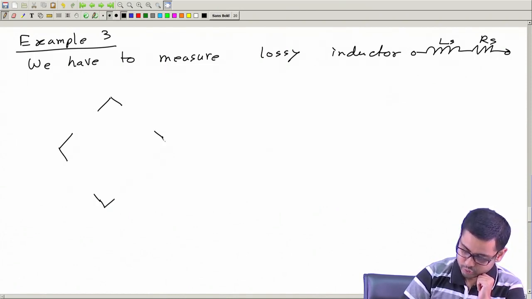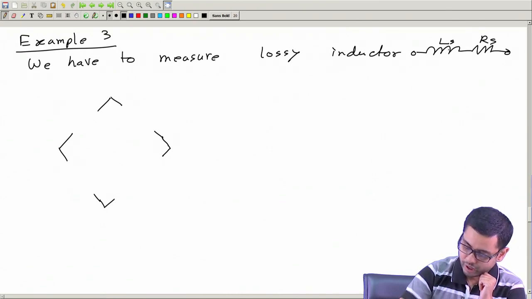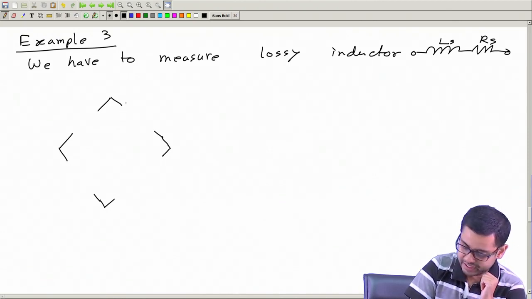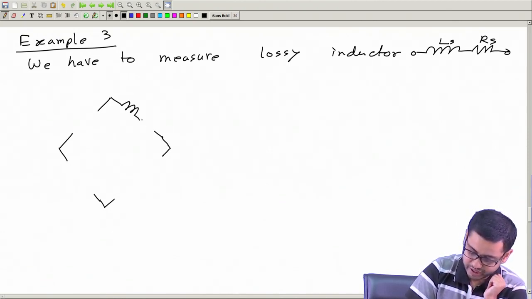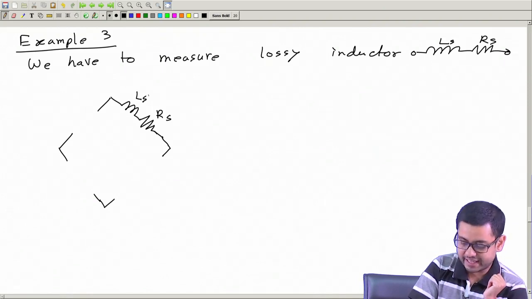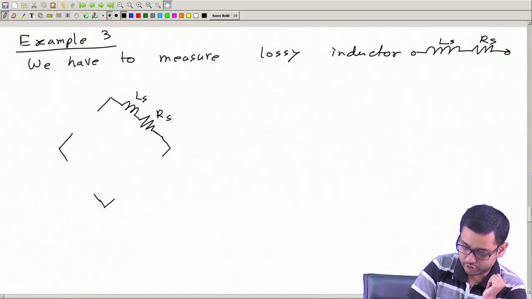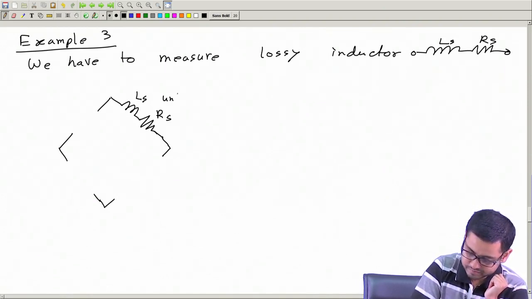So let's first put this unknown one in any branch you like. I like this branch. Okay. So this is unknown, Ls, Rs. You can call it Lx also, x for unknown. So this is unknown,